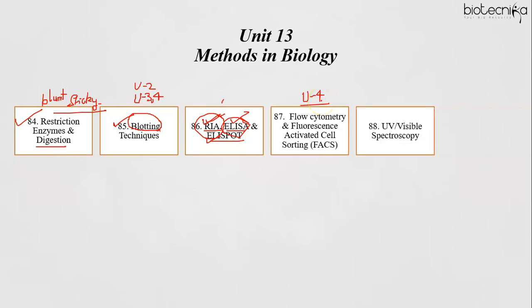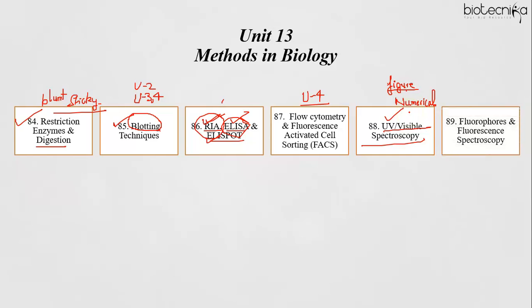Then the next important topic from unit 13 is UV visible spectroscopy. Application based questions are often expected, or it can be a figure based experimental question where a spectra is given, and you have to analyze it and find out which of the given statements is correct or incorrect. Even numerical questions are expected from here. Numerical questions on Beer-Lambert's law, which you study in UV visible spectroscopy, are expected.